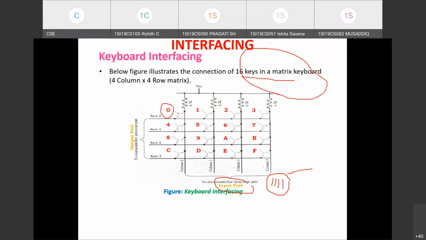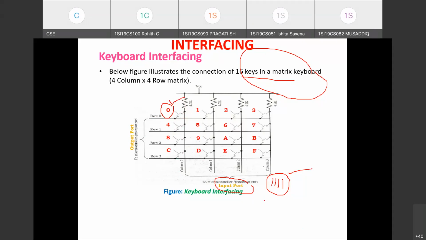Okay, so how are we actually going to detect whether the key is pressed in the matrix keyboard? We are going to send out a 0. I want to check whether a key is pressed in the row 0 line, so how to do it? I need to send out a 0 here. If the key is pressed, say in row 0, column 0, let us say key 0 is pressed, in that case, the row 0 and column 0 lines will get shorted, where the data 0 that you are sending through row 0 will appear in the column 0 line.